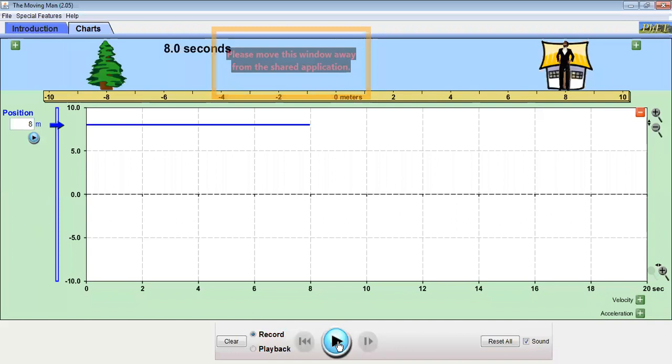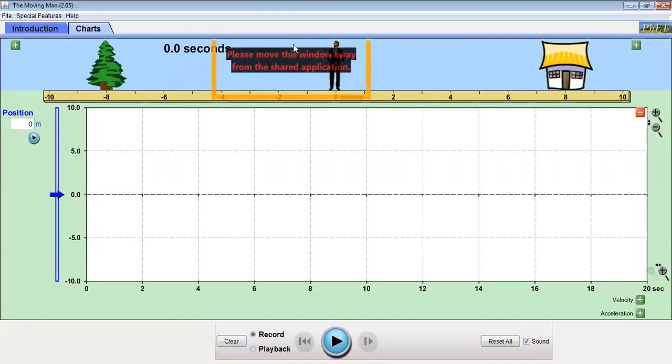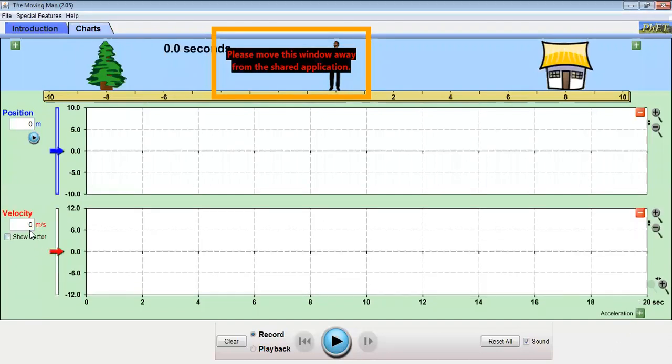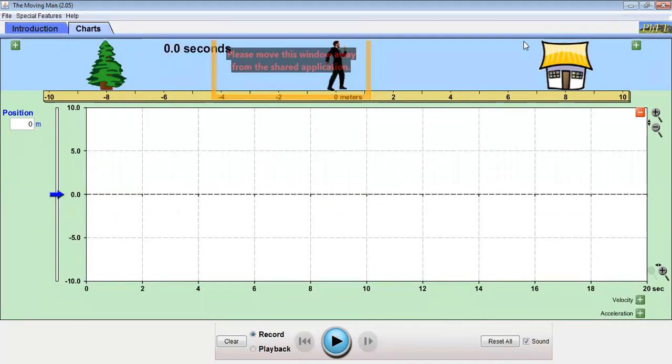The first graph we have studied was something like this. Now we will bring the object back to the initial position. And now what we will do, we will make the object move. Let's assume that the object is moving with a uniform velocity. What is the object doing? It's moving with a uniform velocity.